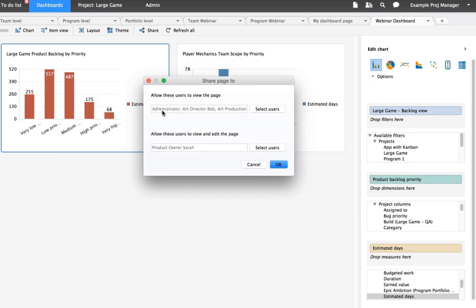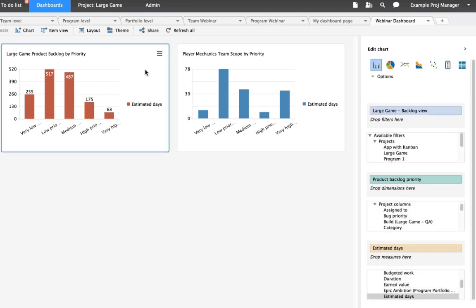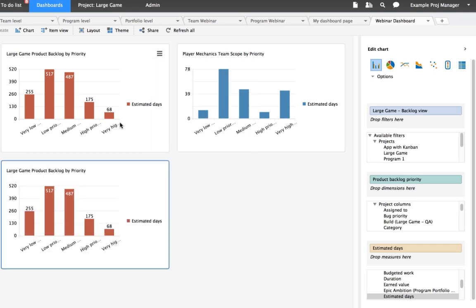And so now everybody will be able to view this, product owner Sarah, and also all of these people in these groups. But only product owner Sarah will be able to contribute to this dashboard page. So she'll be able to come in when she has access to it. She'll see it pop into her list of available dashboard pages up here under her dashboard tab. And she'll be able to do things like, if she doesn't want to change, even though she could, this existing chart or graph, she could simply clone it